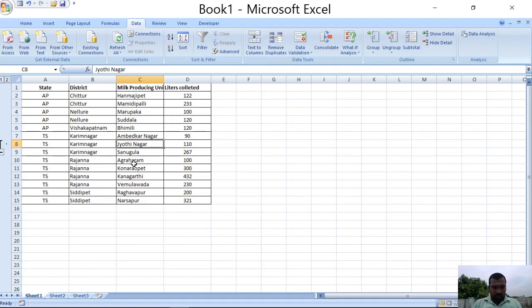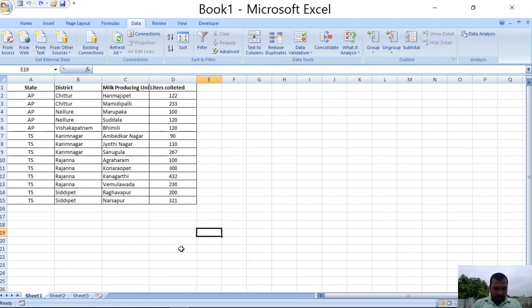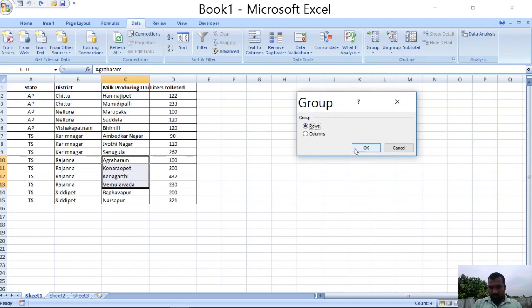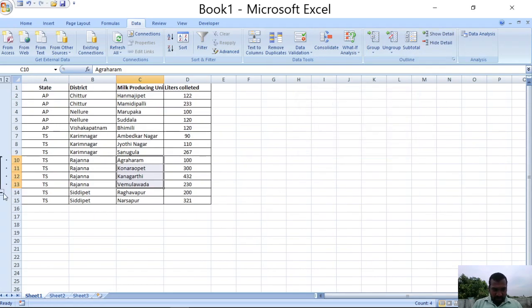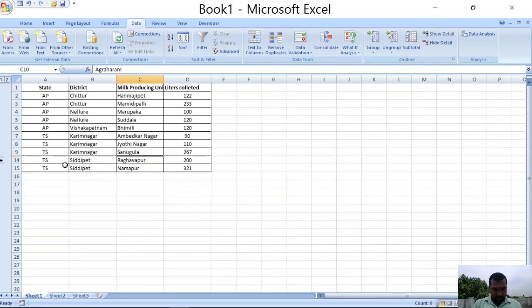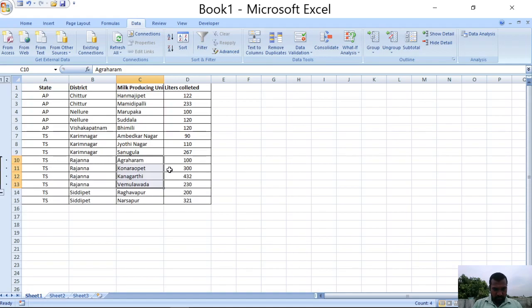If you want to create a group for these 4 rows, choose these 4 rows and click on Group, click on OK, then one group will be created for these rows. Like this you can group the data, you can ungroup the data.